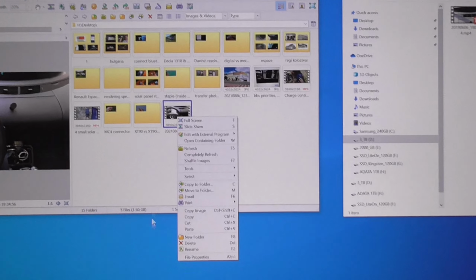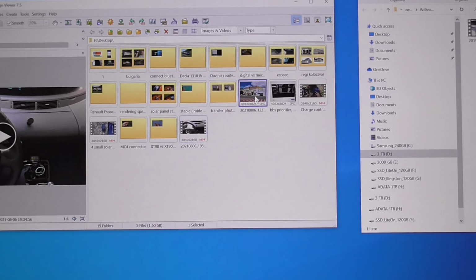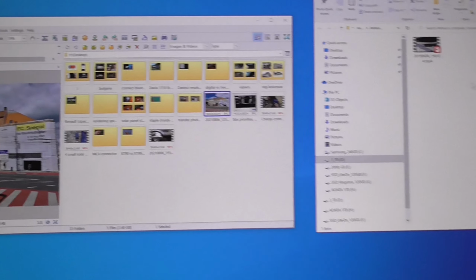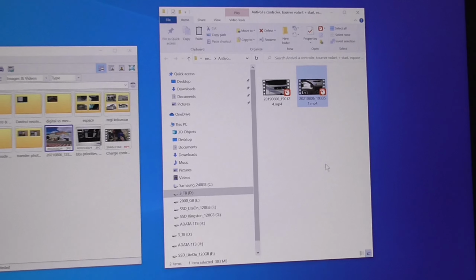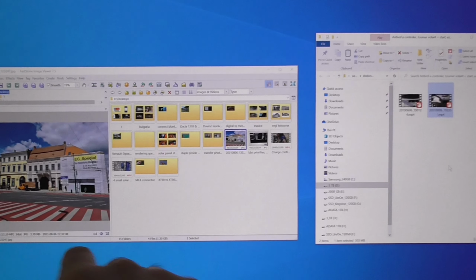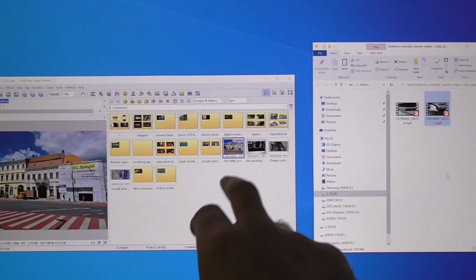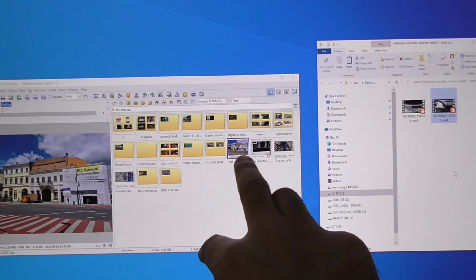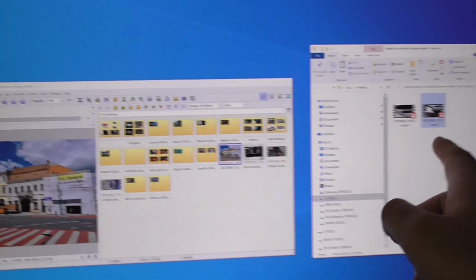Right click on this file, go to cut, okay, but meanwhile select something else, let's say that one. And now if I paste the file, now it moved it. So since that one was a video, it was trying to play it, and thus the file was in use. So first cut it, select something else to disconnect the image viewer from the playing, and then paste it.